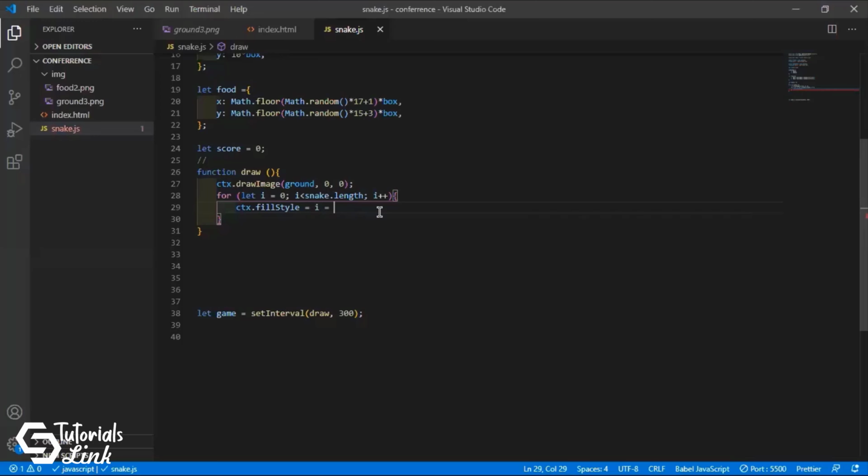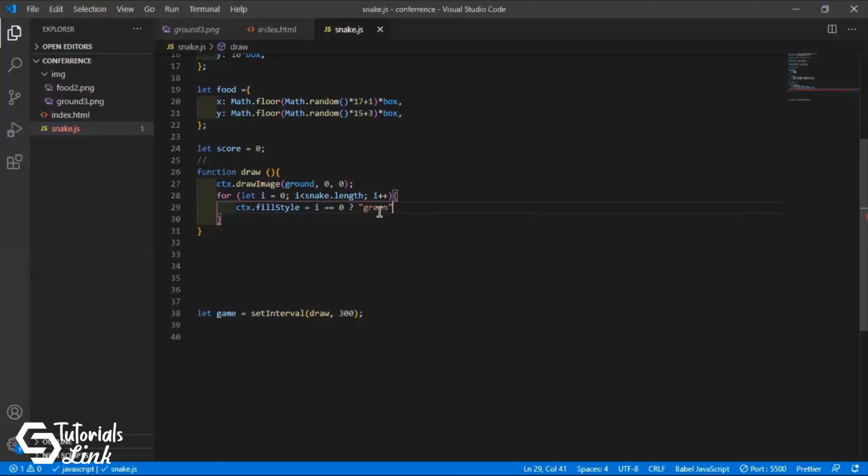What it means is that we have to fill the style when i is initially in the 0th position. If it is true, then we will fill it with green.